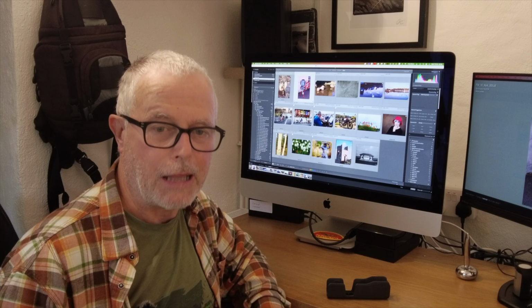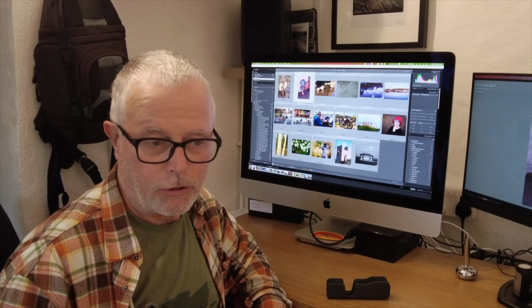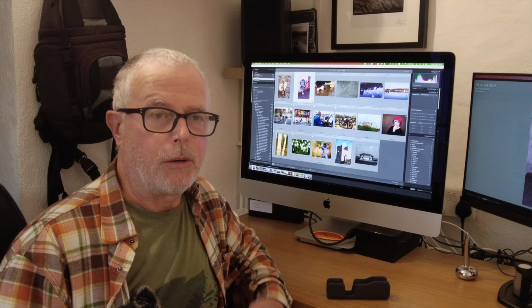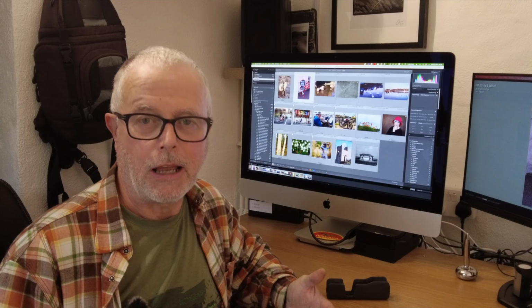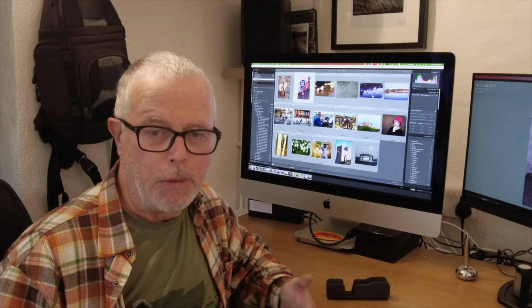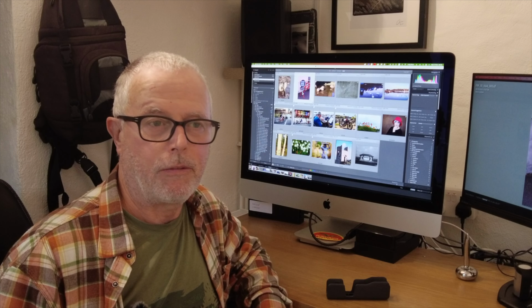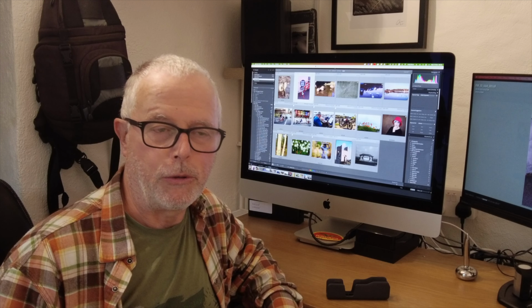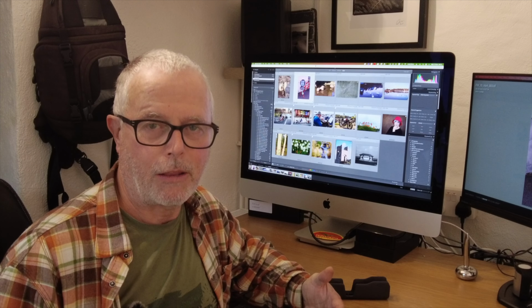I specialise in landscapes, I do film photography, I like street photography, so I rarely do model shoots, I don't do weddings these days or anything like that, but I want to test it out from a real world perspective. This isn't a comprehensive review. I won't go into the depth of the features, but I'll just run through how they work with me and